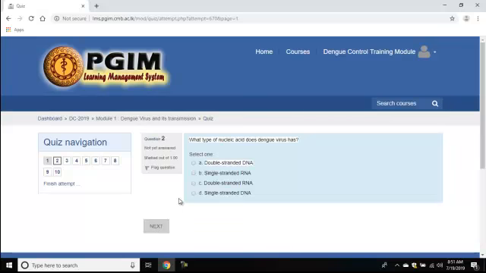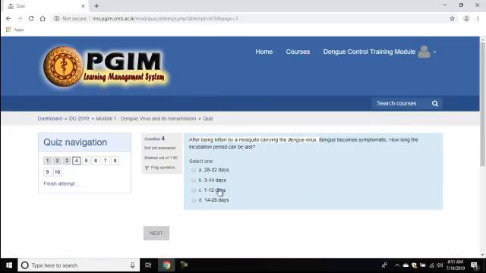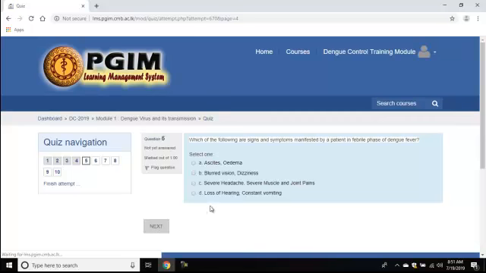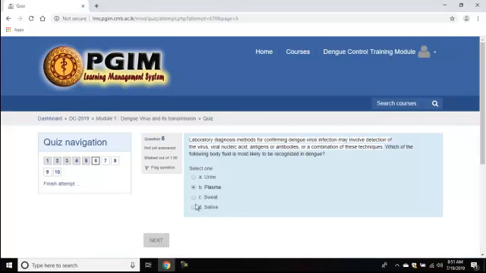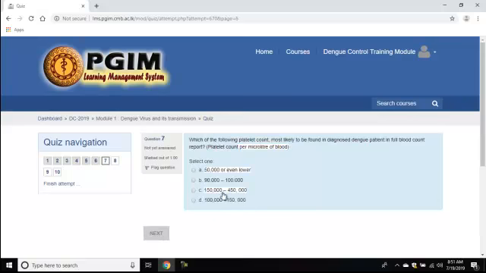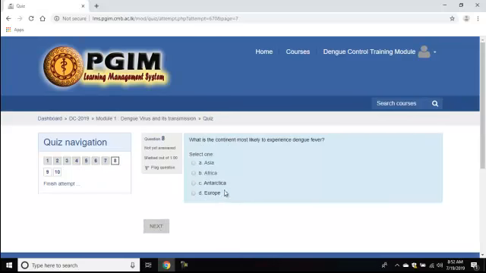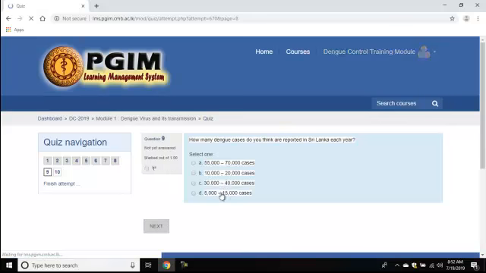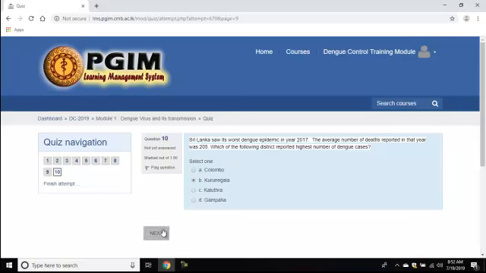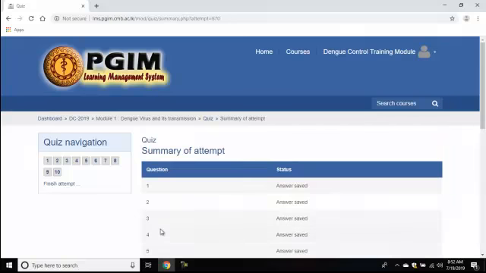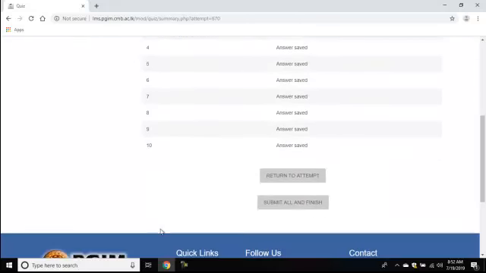Following completing all the questions, I'm doing this randomly, but I'm not looking at the answers, just for the purpose of demonstration. Once you complete all the questions one by one, you will be given an option to submit your answers. Let me attempt the last one. Right. So once you answer, it will show you the answered questions, and it will give you this option to